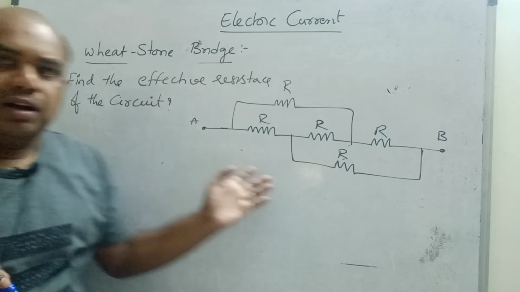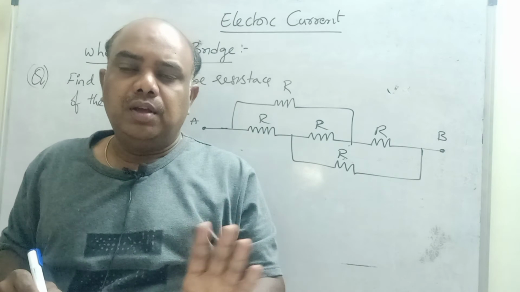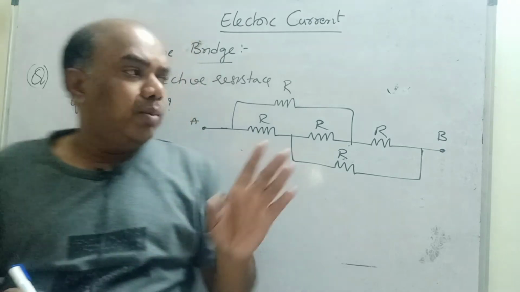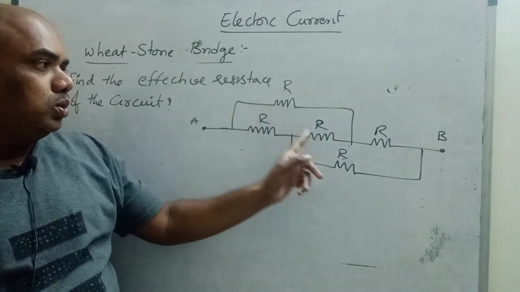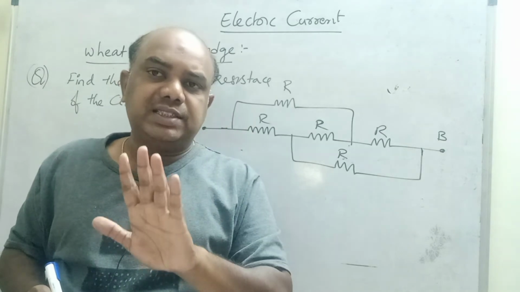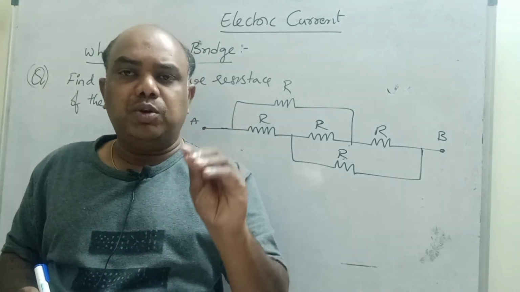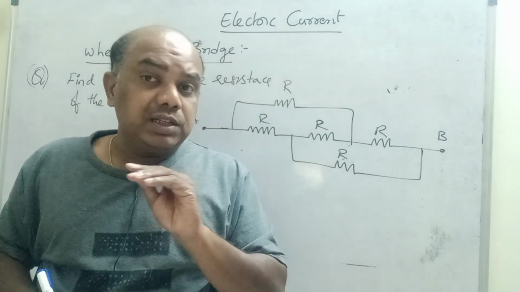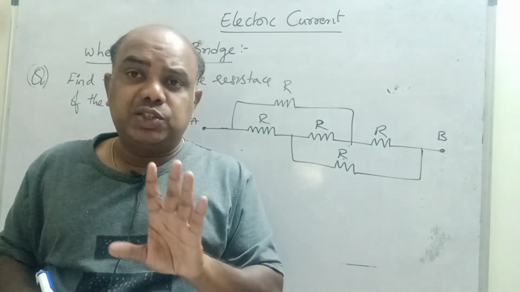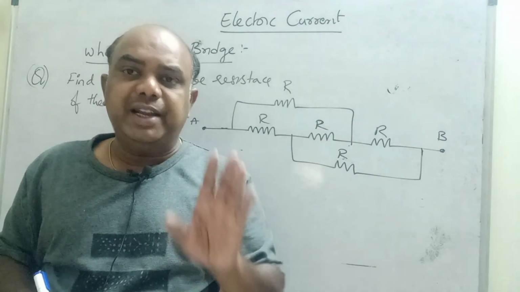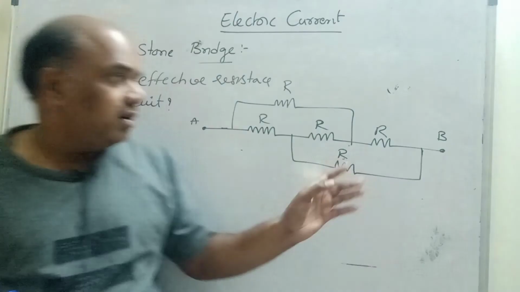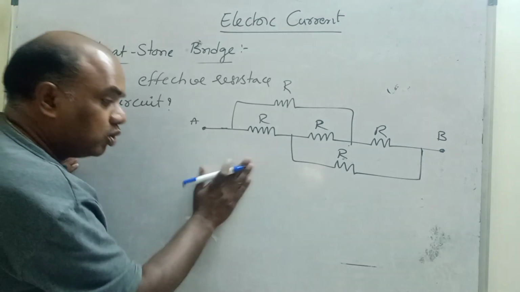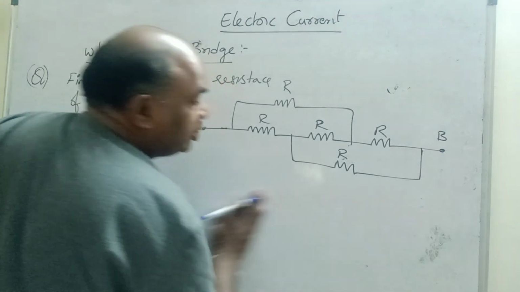Generally, by seeing this complex circuit, children will get scared. You need not worry, children. I will tell you one simple basic concept. How many resistors are there in this circuit? Count once: 1, 2, 3, 4, 5. If 4, 5, 6 resistors are there, immediately you come to the conclusion that it is an application of Wheatstone bridge. Not all 4, 5, 6 resistor circuits come under Wheatstone bridge, but in class 11 and 12 there is a maximum probability that it does. You are in class 12, so you can assume it is an application of a Wheatstone bridge. 90% there is a chance of Wheatstone bridge.